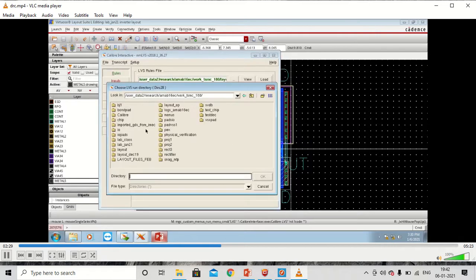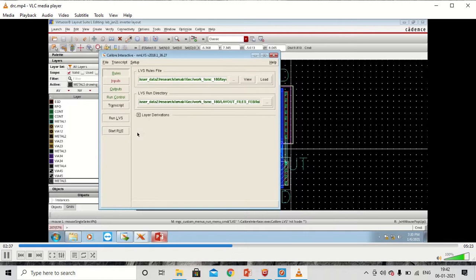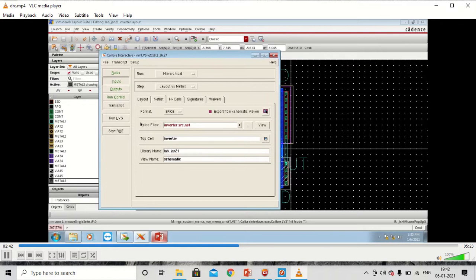Calibre LVS is the rule file. Run directory we will again select. Okay. So here what you need to do, since we are matching the layout and schematic, we need to extract the schematic netlist. So we'll go to input netlist.